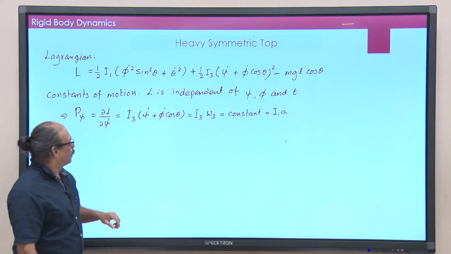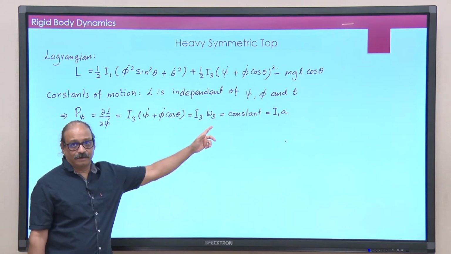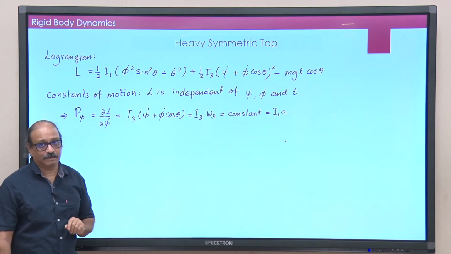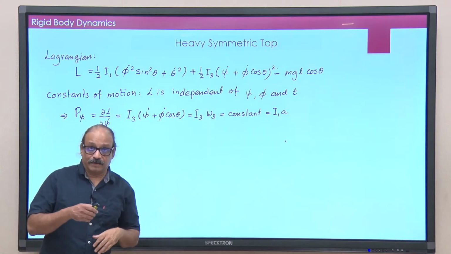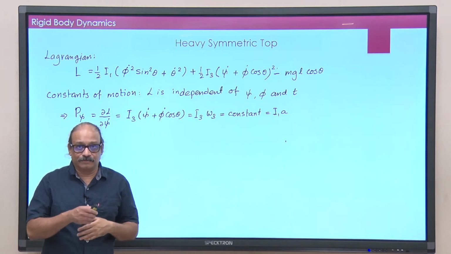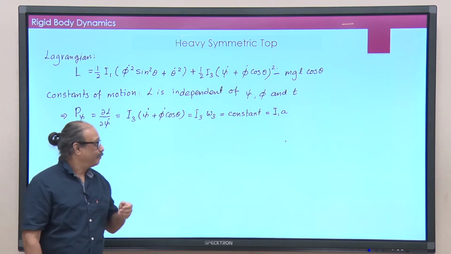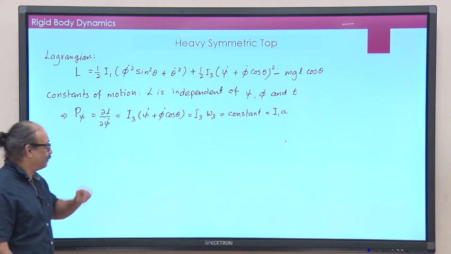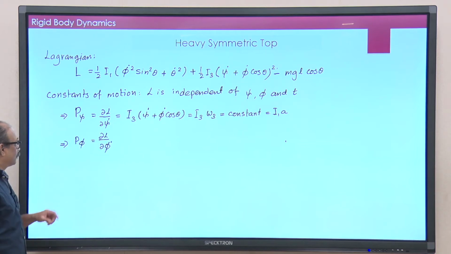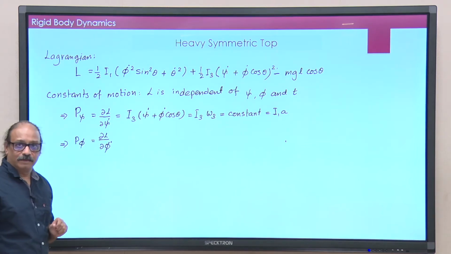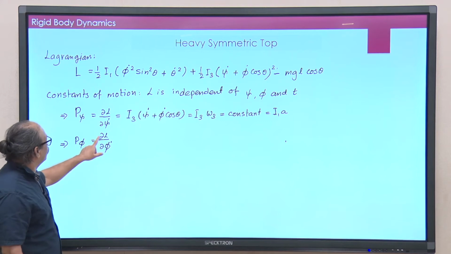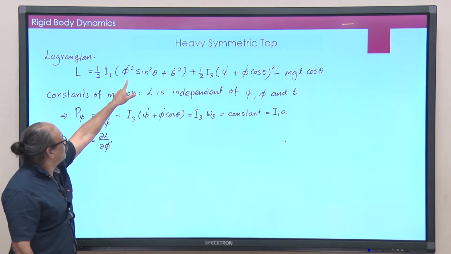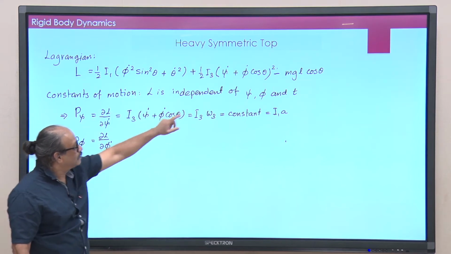Okay. But wait, omega 3 is not such an innocent quantity, because that is already the sum of psi dot plus phi dot cos theta. In fact, all these 3 quantities would be changing in time, but essentially keeping omega 3 constant, that does not help much, as we will see later. Here is one more. So, p phi is also conserved. Calculate del L over del phi dot, I get one term from here and there is another term from there.